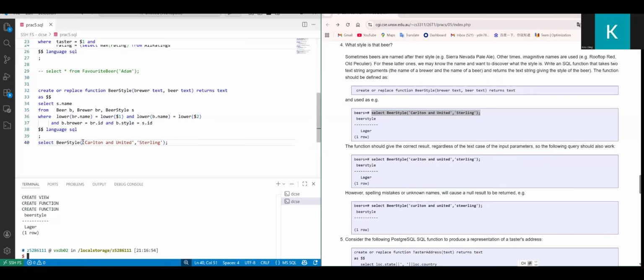Then if we want to select the beer style for this styling, and which brewer is cotton and united, the beer style is lager. Okay, and if we change it to lowercase, because we have already put the lower to